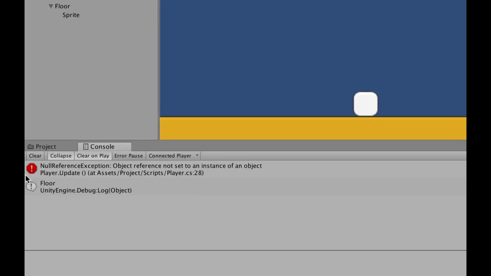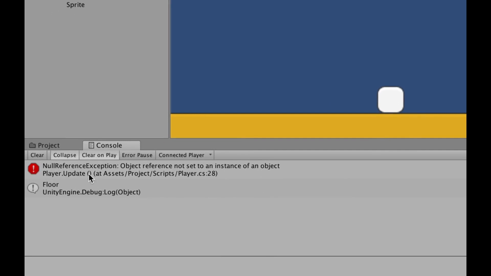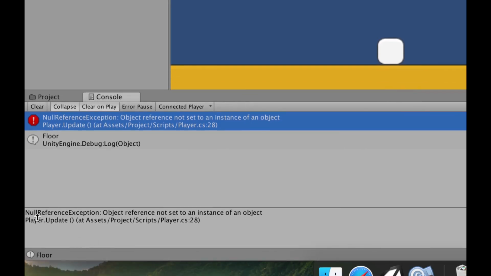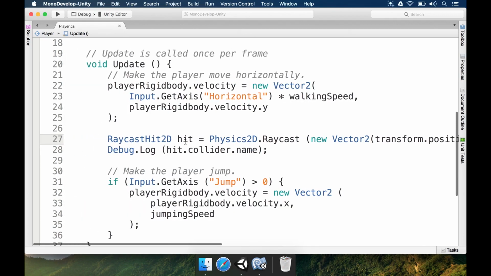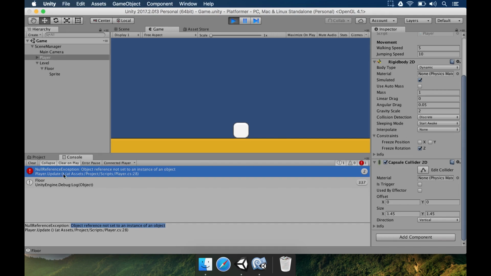Notice that in the beginning we had an error. Okay, it's saying here null reference exception. And if you want to understand what's happening, if you click on this error, you're going to see that it's going to point to line 28, and it says object reference not set to an instance of an object. If you look at line 28 here, that's happening because when the player is in the middle of the game, when it's mid-air, it's not going to be colliding with anything, so hit is going to be null. Whenever you try to access something in a null object, well, since the object doesn't exist, it's going to throw an error to you. Okay, so that's why in the beginning we have an error,